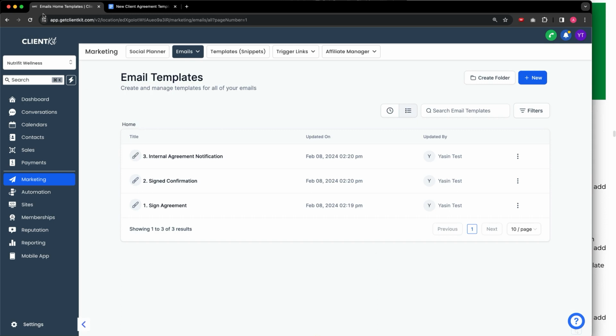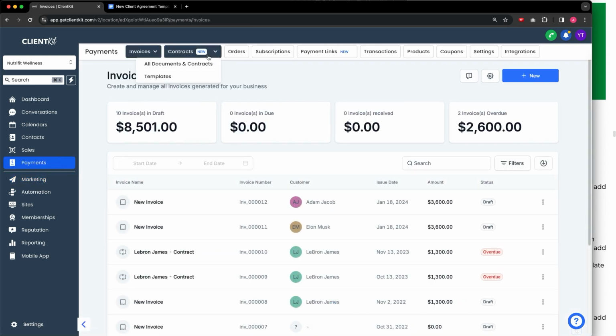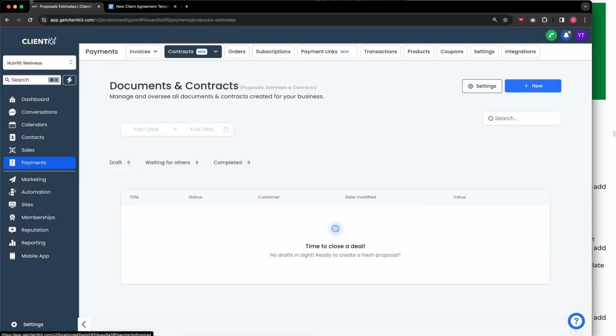Now, what you will notice is that in your email templates, you have each of these 3 email templates here. Now what we're going to do is connect them to your actual client agreement. So we're going to go back over here to payments. We're going to go over here to contracts. We're then going to click on all documents and contracts, and next